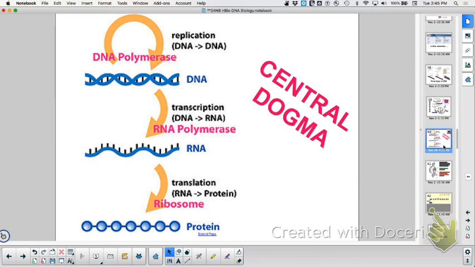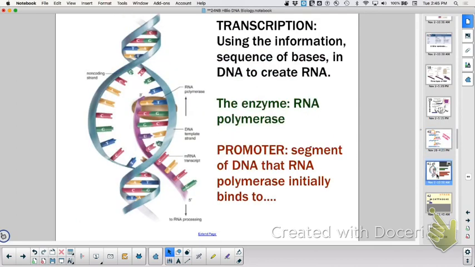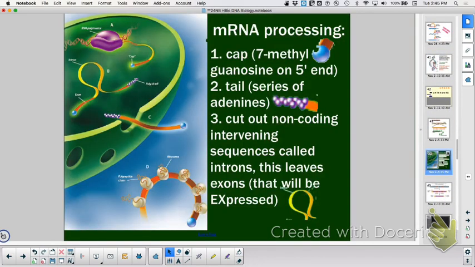Now, this mRNA, I can process that, I can manipulate it, I can edit it so I get different proteins. When I do that, I cut out what? Introns or exons? Introns. I cut out the introns before it leaves the nucleus. I also protect either end with a cap and a tail. The cap is 7-methylguanosine, the tail is 100 to 200 adenines. And that's what you see going on. Here you're making RNA from the DNA. You'll learn about the promoter later. And here you can see they've put on a cap and a tail, and they're cutting out the introns